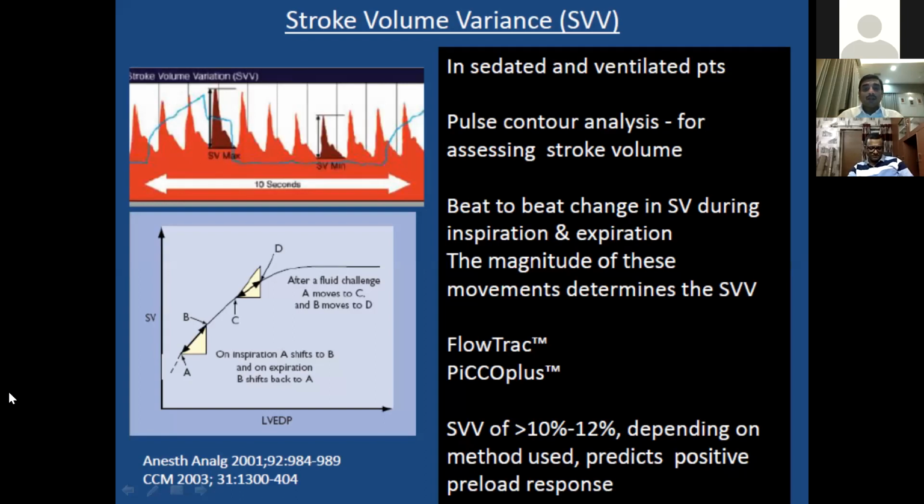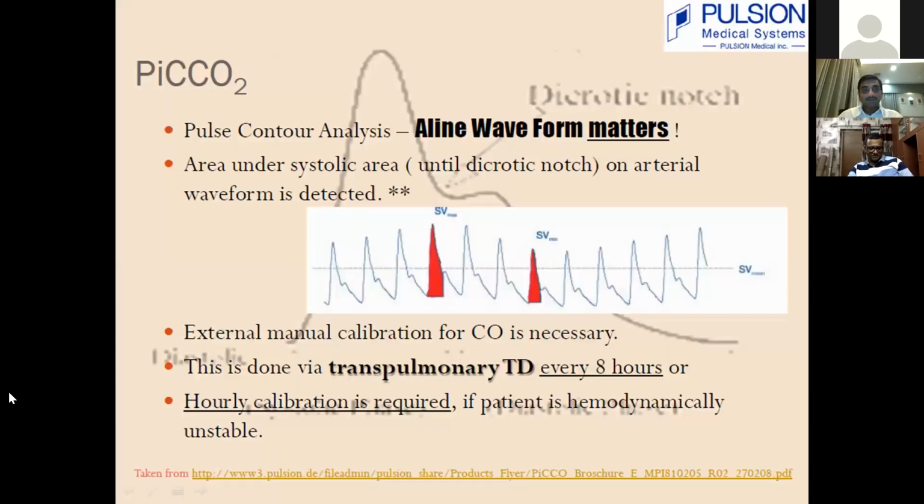It's not the number, but the interpretation and the intervention based on that interpretation which matters, rather than the absolute value. So if we use any of these monitors and get stroke volume variation, the higher the stroke volume variation, the more probably the patient is preload responsive or fluid responsive. There are PiCCO catheters and LiDCO catheters. It is actually a transpulmonary thermodilution. We need to literally do it.